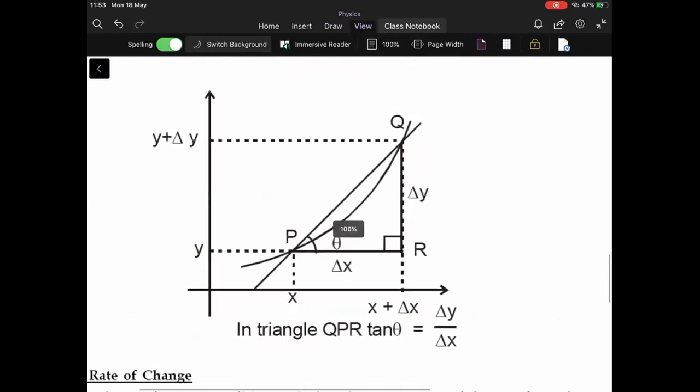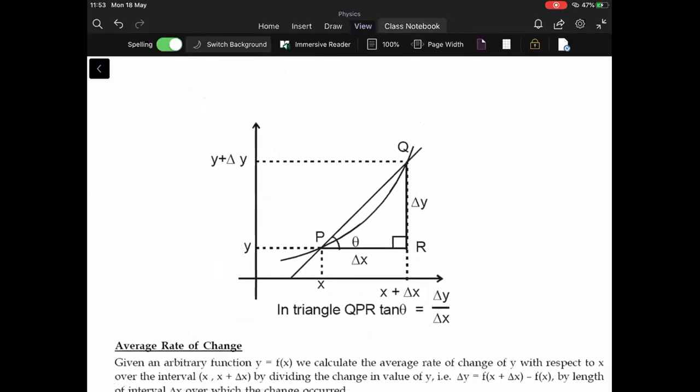One good example is that of the speed of a car. If we say that the speed of the car is 120 km per hour or 80 km per hour, it basically means that on an average, it covers 80 kilometers in 1 hour. It does not mean that the car has to run for the entire 1 hour. Maybe the car ran only for 5 minutes, but in that 5 minute time interval, it covered a distance such that if it had traveled for 1 hour, the distance would have been 80 kilometers. So delta y by delta x is the average value of its speed in that case.